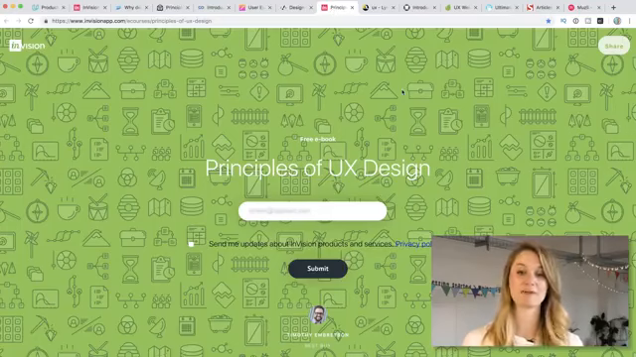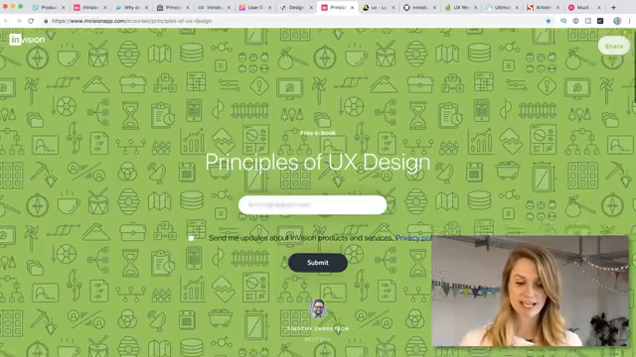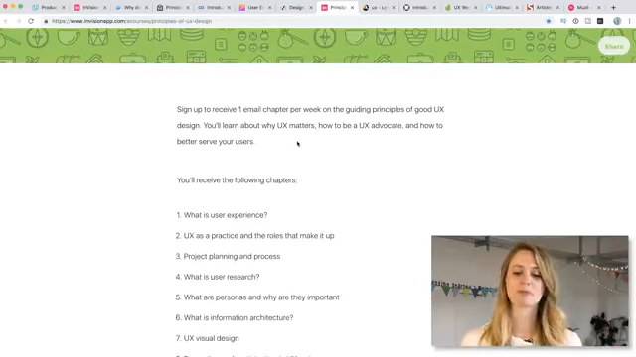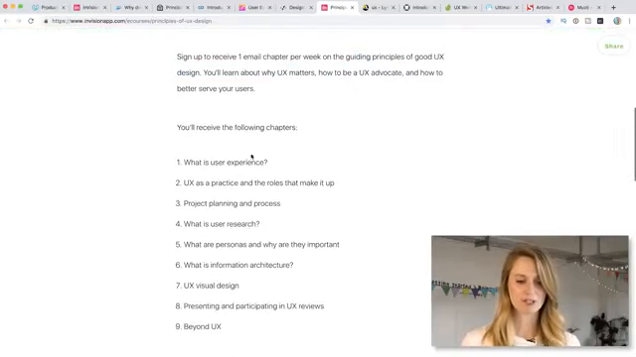Okay, the next one is from Envision. It's called Principles of UX Design, and this is another one where you'll sign up with your email address and you will get one email chapter per week on the guiding principles of good UX design. Doesn't that sound lovely? So you'll receive the following chapters. There's 9 chapters here. What is user experience, UX as a practice and the roles that make it up,